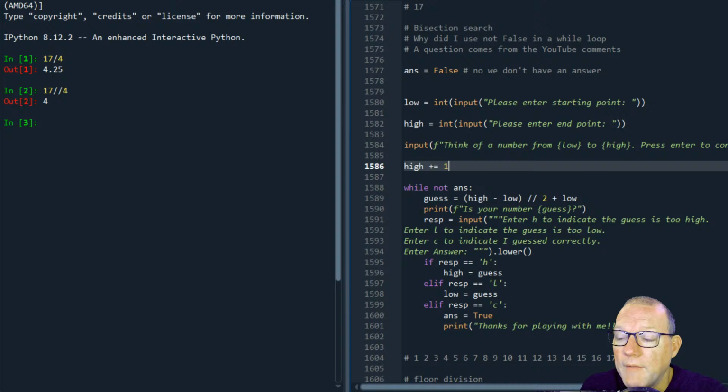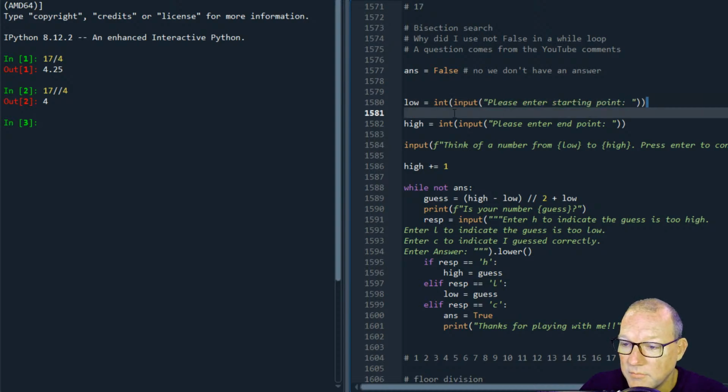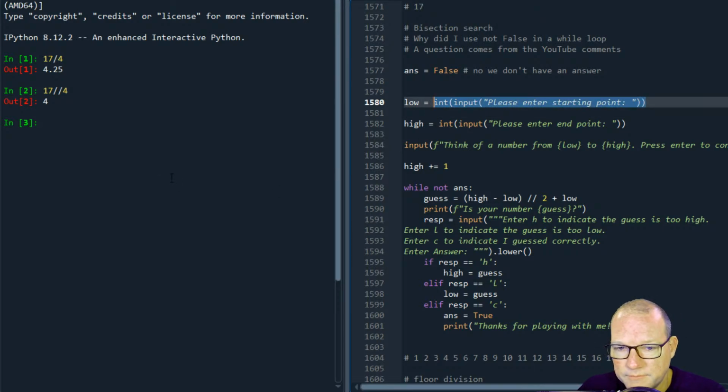All right. So this was just the process in which to handle all of the issues. But does anybody have any questions of what in the world I'm doing here with this int wrapped around an input, wrapped around a string? Does anybody have any questions about this? Everybody comfortable? Because this is a completely legal statement in Python.